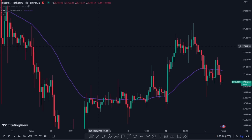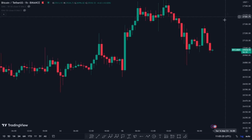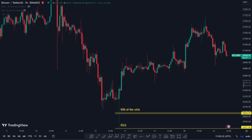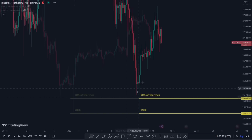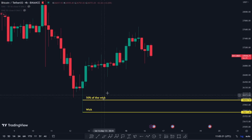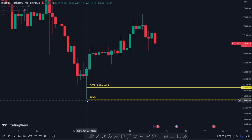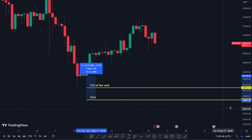What do I think price is up to? What do I think Bitcoin might do next? We've been saying that we have this week here to the downside. This week to the downside is quite, I would say, suspicious, right? Because you can see that it's a week where they pumped from the week at 2% exactly. So you can see the price goes from 25,800 to 26,318. So that's a $500